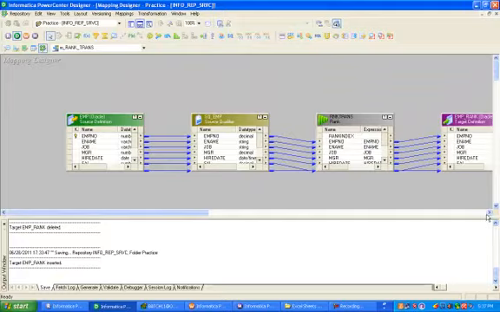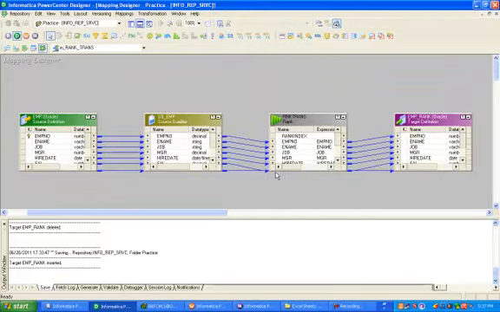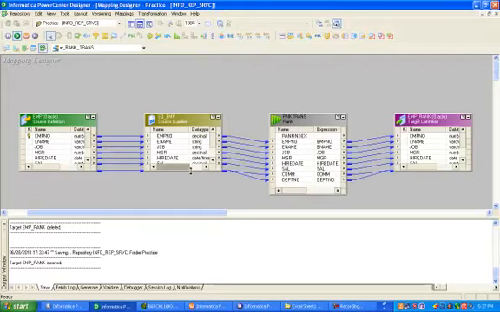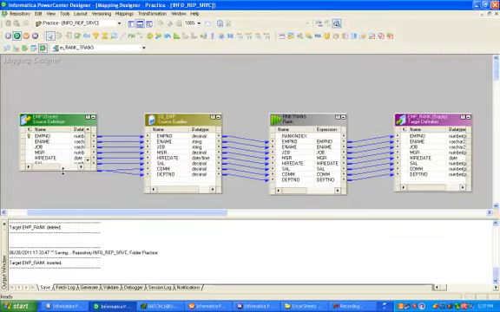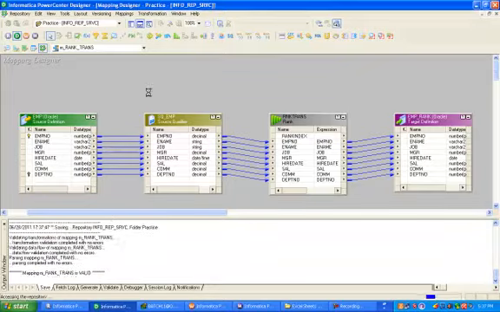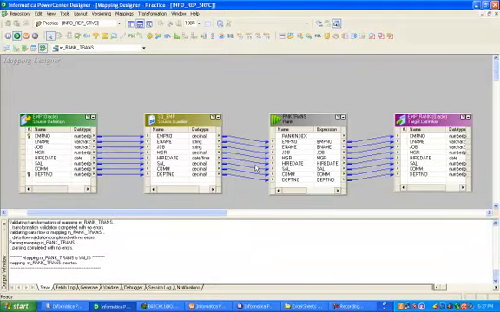So this is your transformation mapping. This is your mapping. Now Control S. Okay.